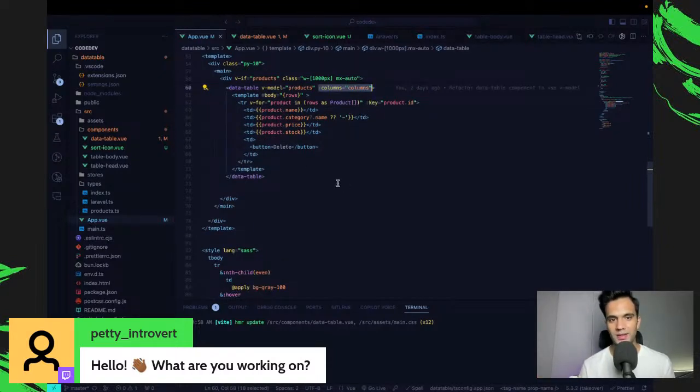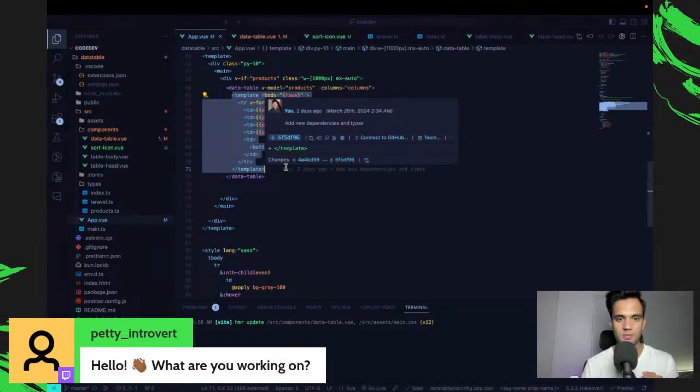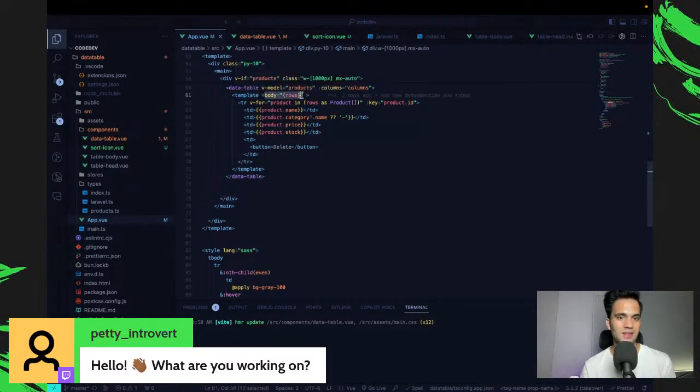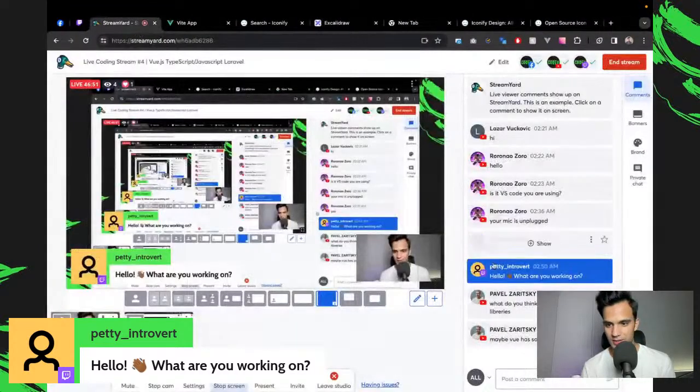Everything will be done by the data table. And then just to have more control over how the rows will be displayed, I can take the data from the data table and just loop over it and display it. So that's the little app that we're building.